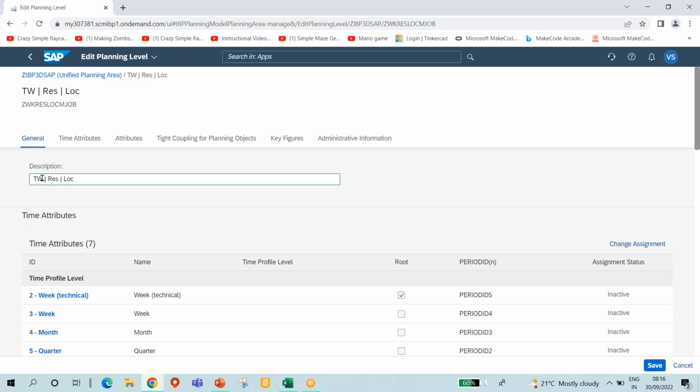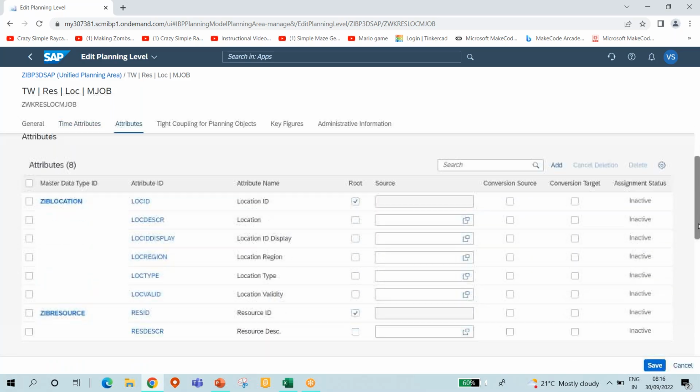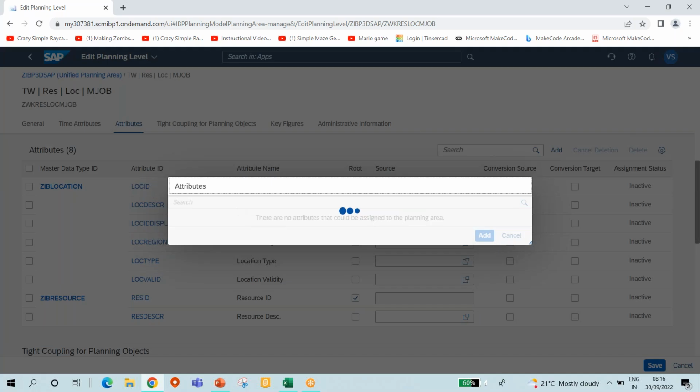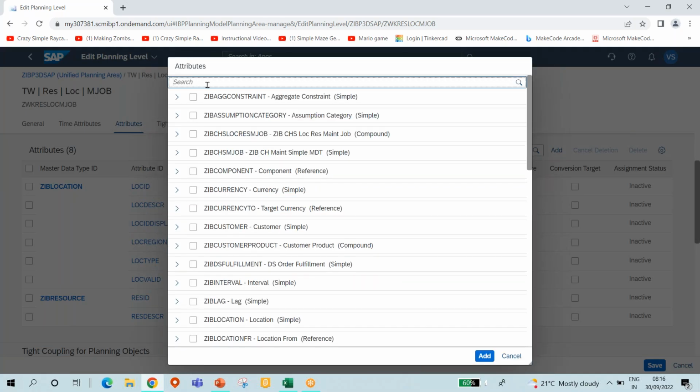So the description that I want to give here is, I also want to have the maintenance job in this one, right? And now if we see that when we copied, it has copied the location and resource. So I'll just click on add. I also want to copy what we created earlier as a part of maintenance job. So let's search,